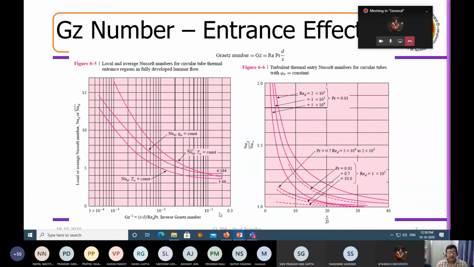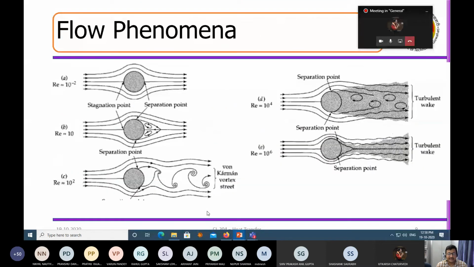I will come to the Grashof number later. I just finish today's lecture by saying that fluid flow and heat transfer are not only important for a flat plate, but also have very big consequences for other objects. So suppose I imagine this to be a ball. You have a fluid flow that is coming, it is undergoing a creeping flow and then going out.